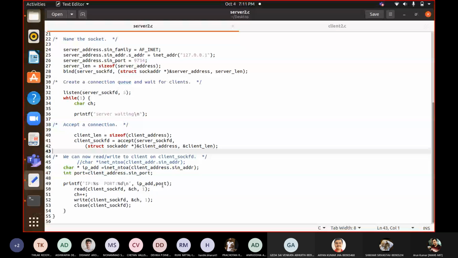This client length is holding that value, that structure value, the size of that structure, and the pointer to it. So here that is different. In the previous case, it is not a pointer. Here you can see it is directly the server length, but in case of accept, it is a pointer to that. So it is important to remember. When you are writing an accept system call, it is a pointer to that size length, the client length.